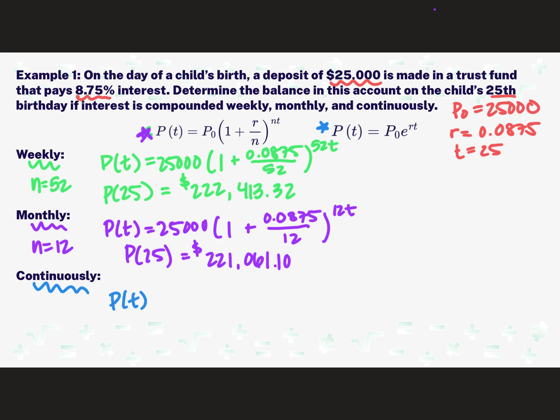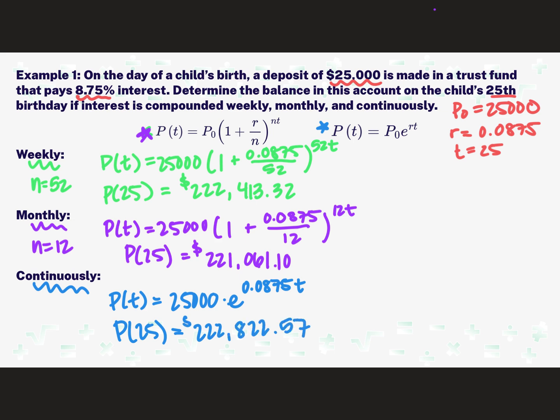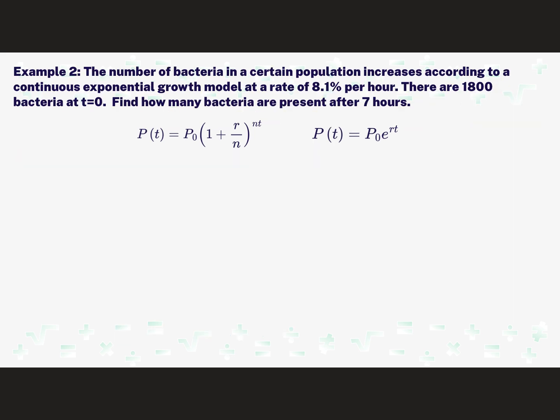Our function would be this principal, 25,000, times e to the power of 0.0875t. Plugging in 25 as our input, we'll find that this last scenario actually produces the most money, $222,822.57. We can use this new formula of growth that's happening continuously to look at other contexts that don't involve money,